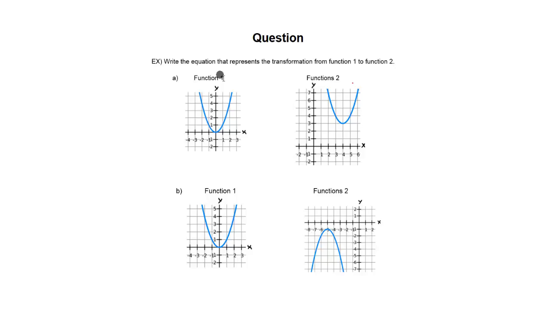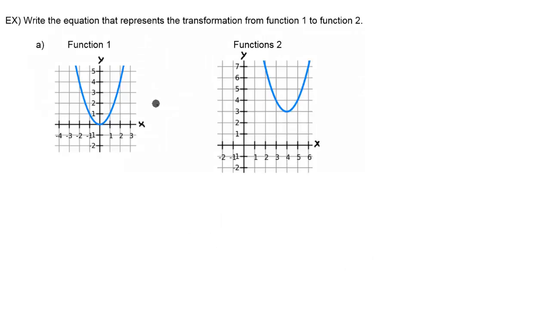In this question, we need to write the equations that represent the transformation that happens from function 1 to function 2. In part A, function 1 is the parent function of a quadratic function, so I'm going to use the vertex form of a parabola to create that equation that we need. So I'm going to start off by writing y equals, and the first variable we need to add something in for is a. And a controls how much wider or narrower that parabola is from function 1 to